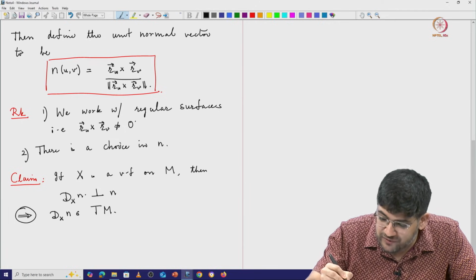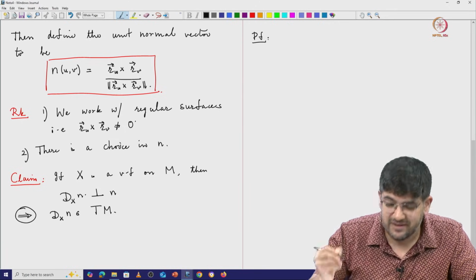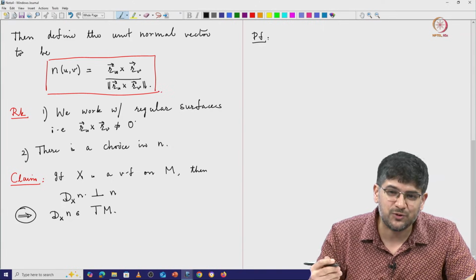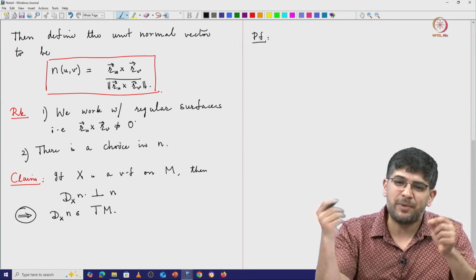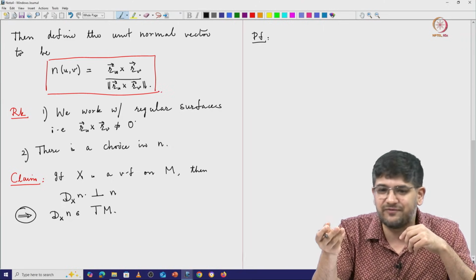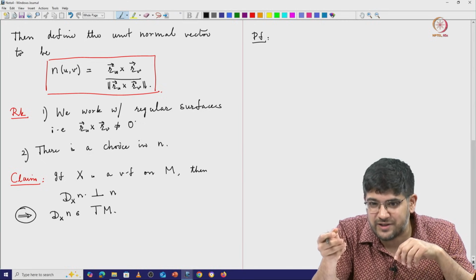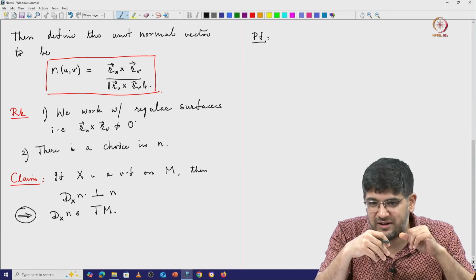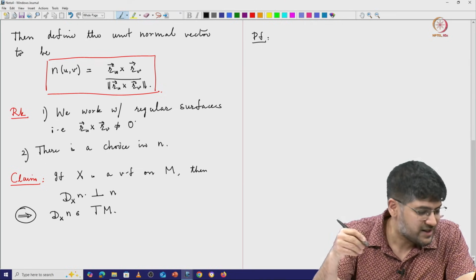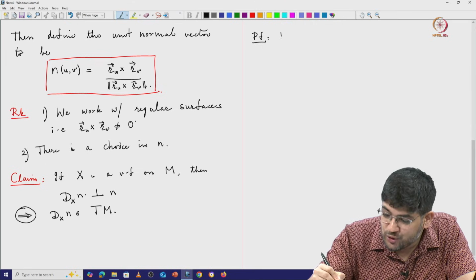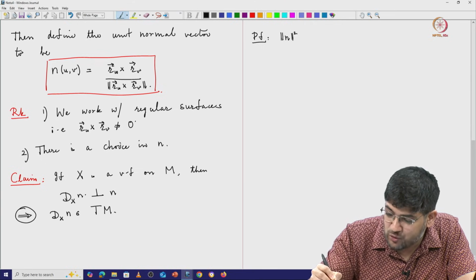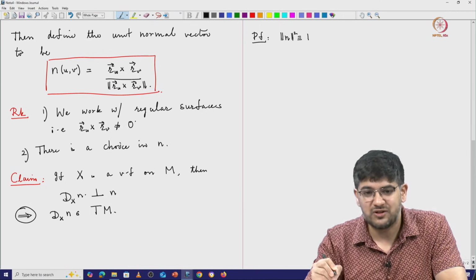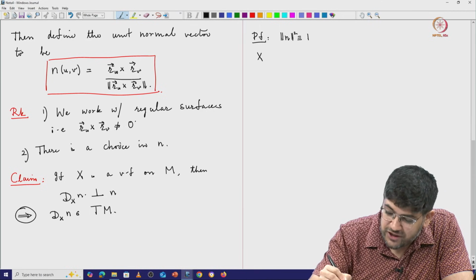Okay, so let us quickly prove this. The proof is very similar, conceptually at least, to the proof that if you have an arc parametrized curve, then the acceleration vector is always perpendicular to the velocity vector. This is something we saw in the previous lecture. So this proof is also similar. You use the fact that the norm squared of the normal vector is always 1. So now if you differentiate the